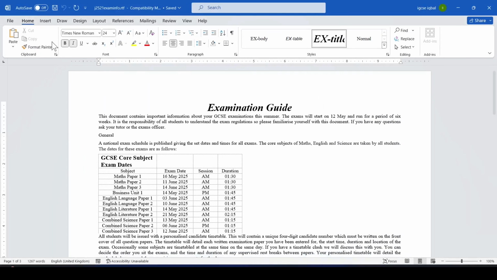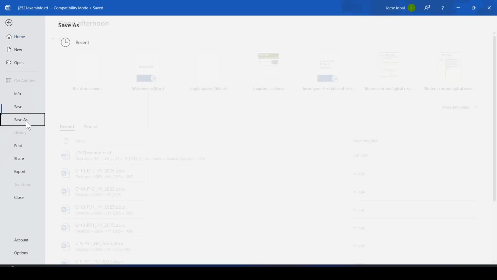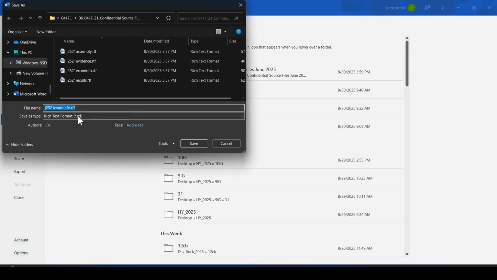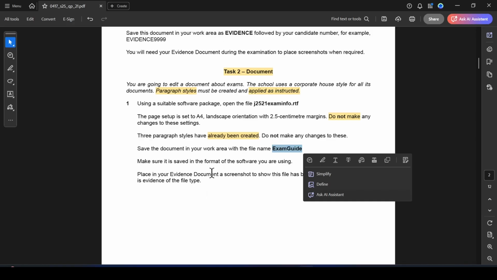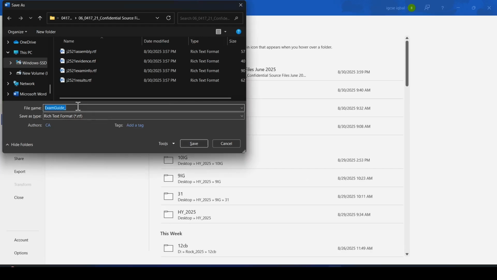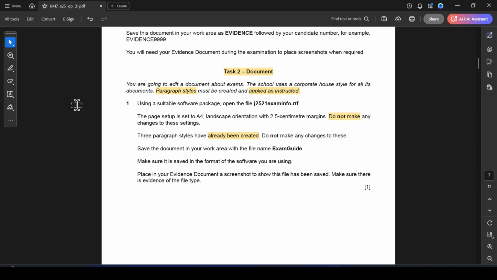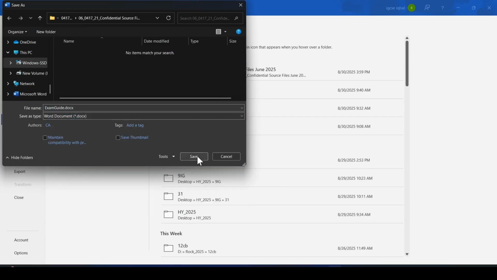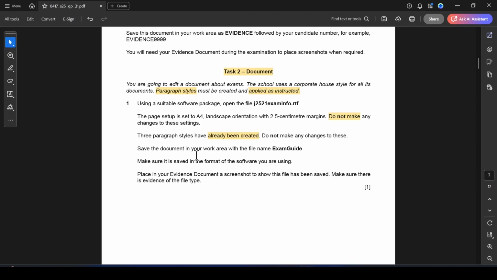All right, file, now save as, in the support file folder. Now I'm going to save it as exam guide underscore. Do we have to put our name and center number, candidate number? Make sure it is saved. No need to, just save it as exam guide. Yes, all right, as a Microsoft Word document, and save it. All right, done. Next,